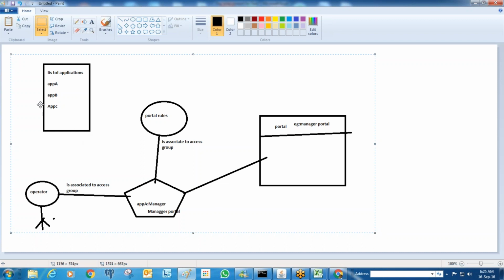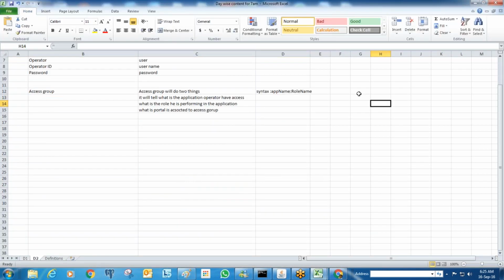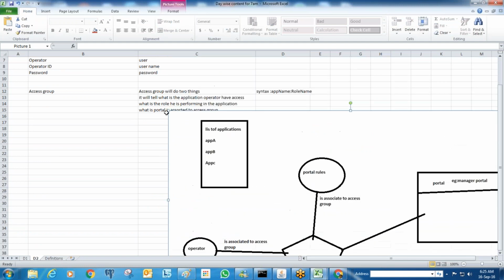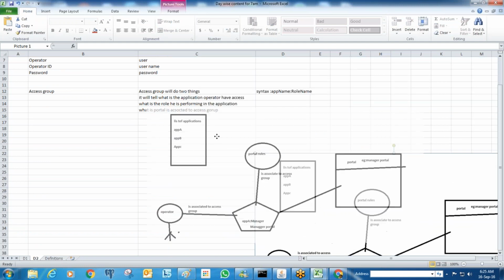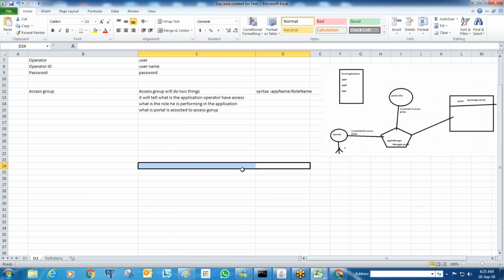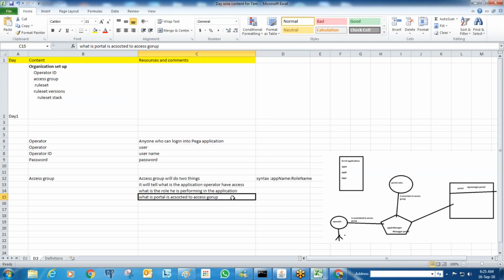Okay. In this context, I have one more question. Some of the user IDs will be authenticated against the LDAP, like under SSOs, right? Yes. So in that case, Pega operators will be mapped with the LDAP, or else? In the LDAP, what will happen is, generally, I will come to that point.